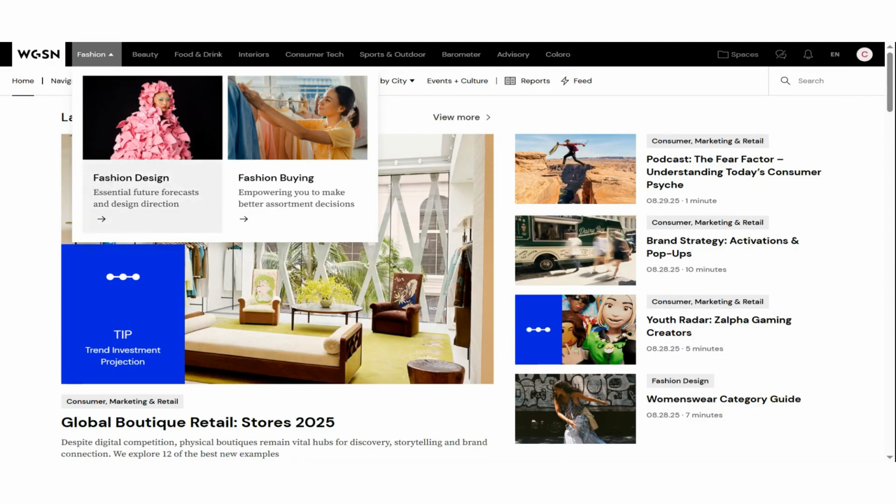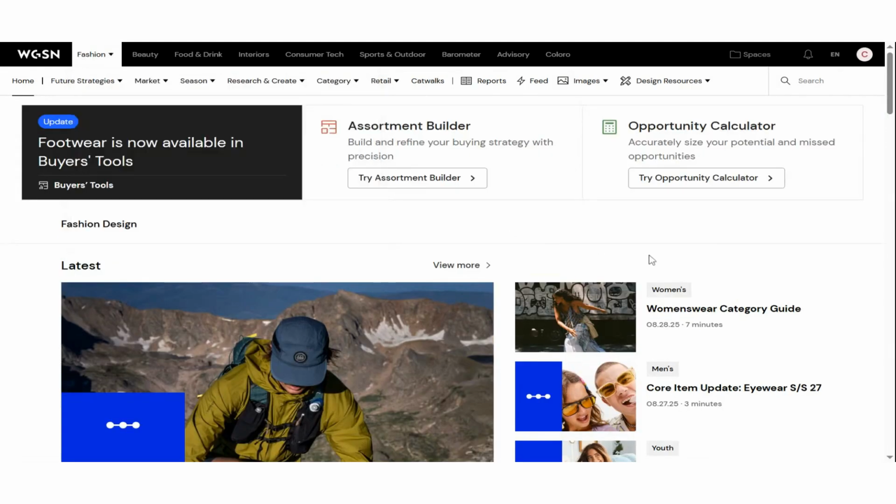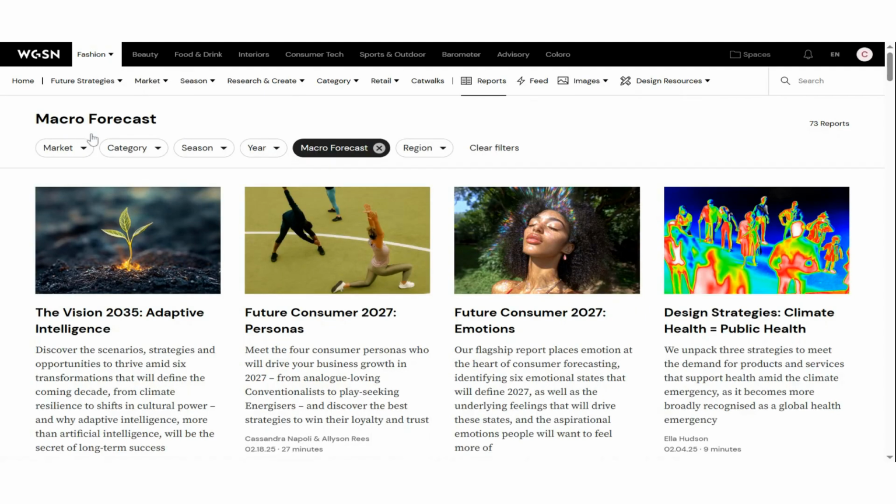This is going to give us a new top menu that you can see here, which is going to lead us to all of their forecasting materials. So if we look at this top menu, Future Strategies is where you can find their macro forecast content. Macro forecasts are the big ideas that are going to influence the future, not just of fashion, but of all different types of design. So you can see they have things going all the way out to 2027,